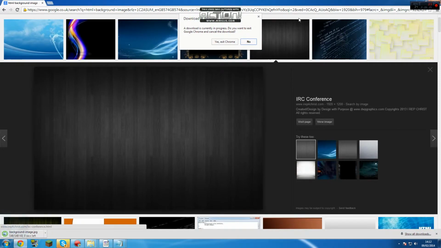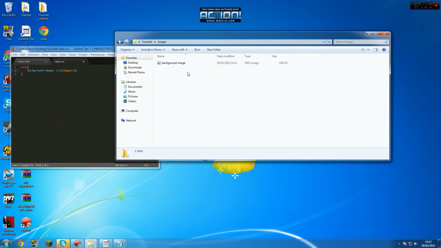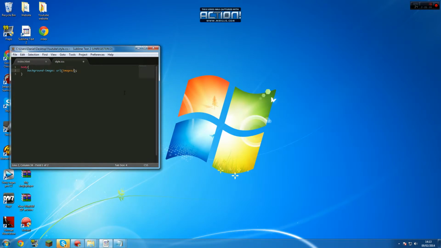After you've done that, you'll see it in there. Then what you want to do is, in here you want to put background image, like that. And then done. That's that bit done. Now if you save that,